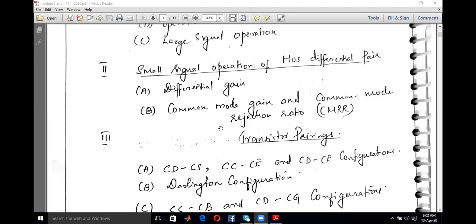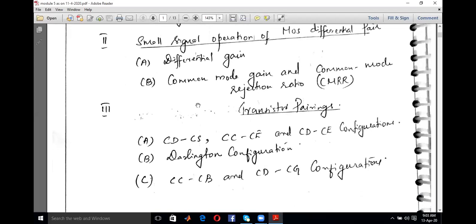For your information, this class is common to both A section and B section. For A section, I already started this topic, but I would like to repeat the introductory topics because attendance was very low in the previous class. So kindly cooperate. Because of some resignations and all, I'm handling all three sections, so I have to adjust the class hours also. Please kindly cooperate.